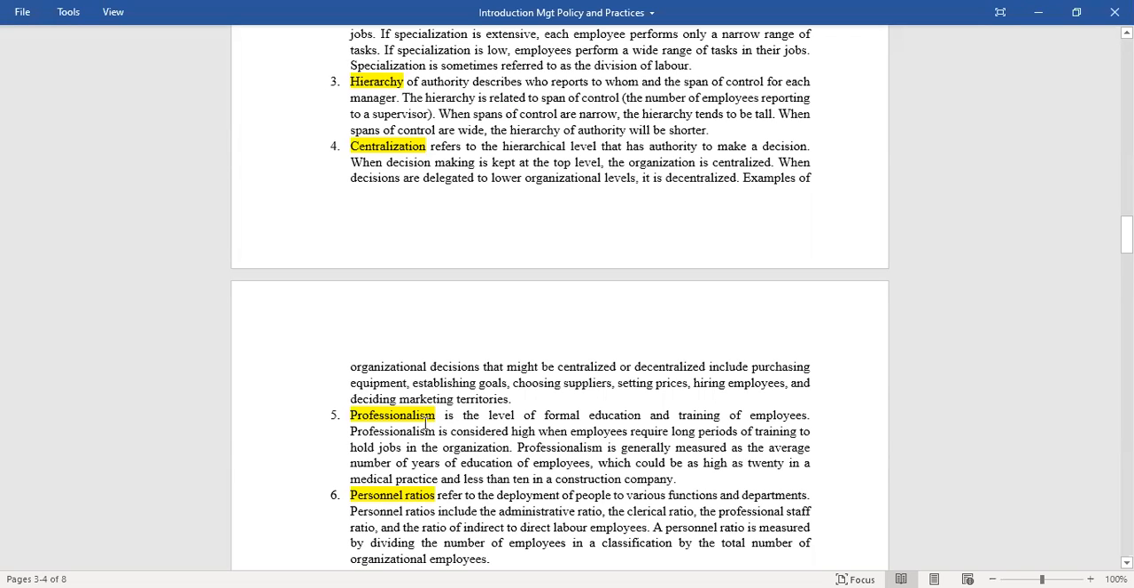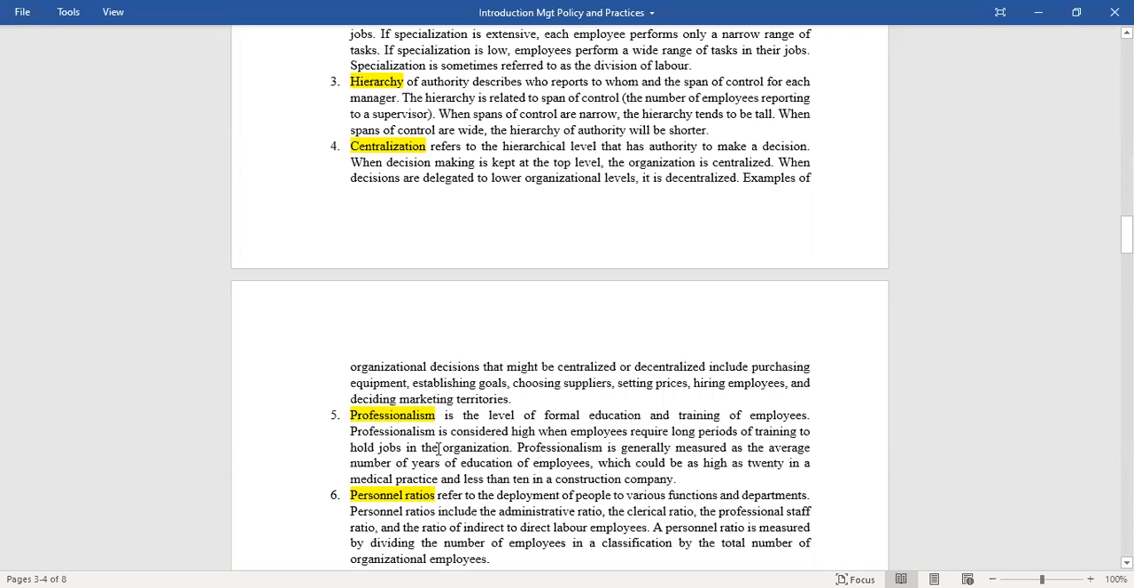right? Professionalism is the level of formal education and training of employees. So professionalism का मतलब क्या हुआ कि to what extent the employees working in the organizations are self-driven, how educated they are, how much they need to be instructed. So the more professionalism, the more not only educated but skilled, more importantly, the more skilled individuals are part of the organization, the more professionalism there is, and then the more autonomy can be given, right? And so therefore,